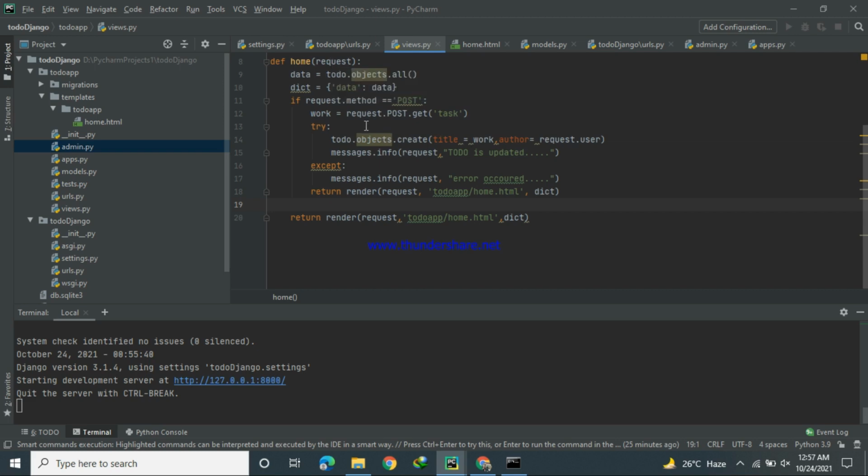Okay, if there is a problem in this path, then the except path will be run and a message will show up: error occurred. Okay, and we are returning this also.